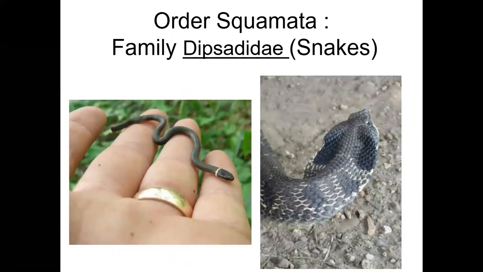Our next to last family is our Dipsadidae. About 700 species in this family of small to medium-sized snakes. Most members of this family are secretive and hide beneath cover objects. So here you can see a northern ringneck snake, which is a relatively small snake. This is actually an adult, and a little bit larger, an eastern hognose snake. Most species in this family are oviparous, and their diets are